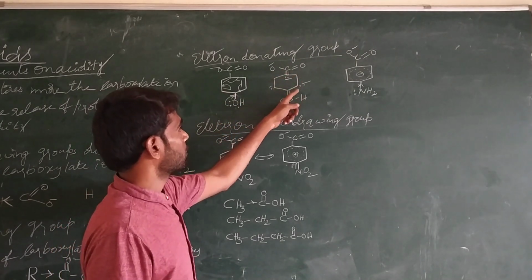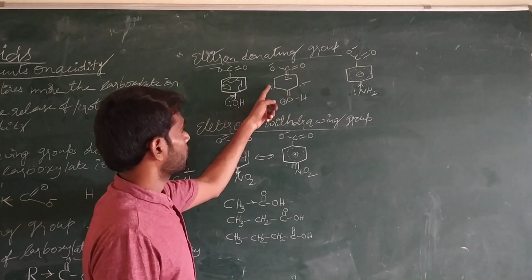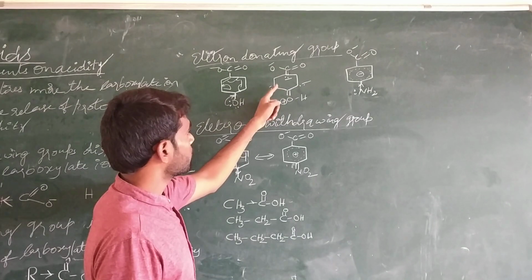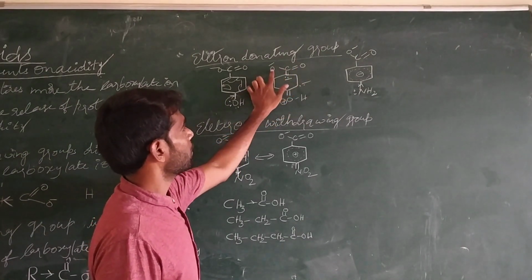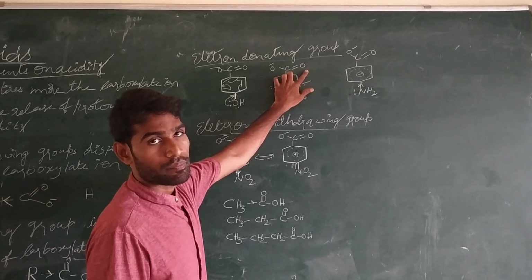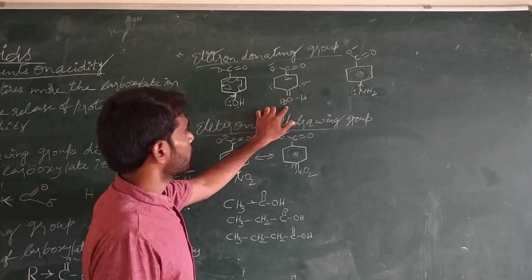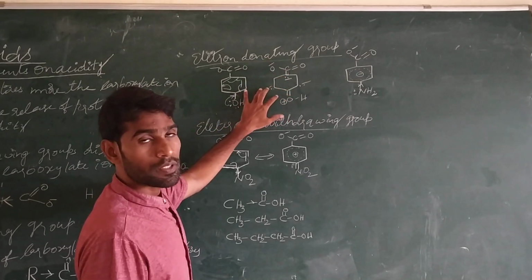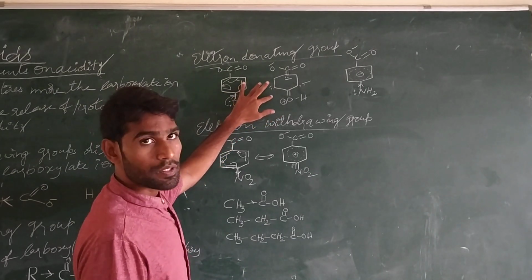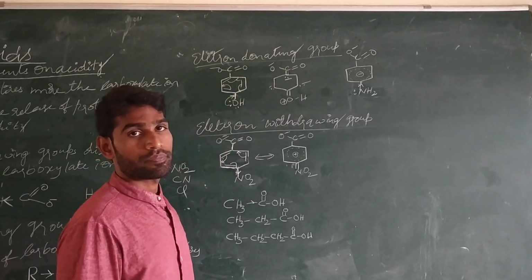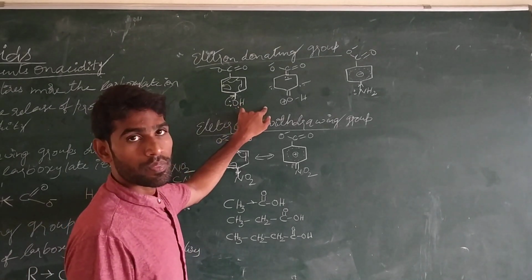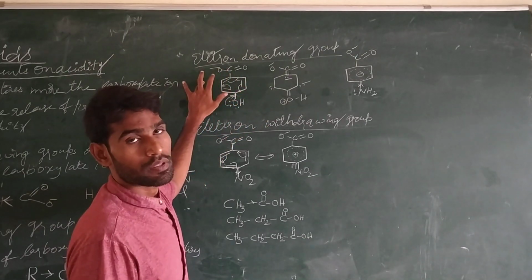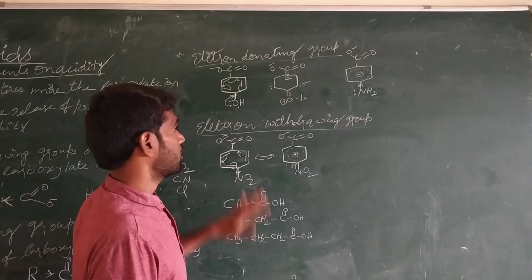here the negative charge is increased inside the aromatic ring, and this negative charge is intensifying the negative charge that appears on the oxygen atom. Due to this, the negative charge intensifying on the carboxylic acid is decreasing the release of proton, and they are decreasing the acidity or acid strength of carboxylic acid. They are decreasing the acid strength of carboxylic acid.